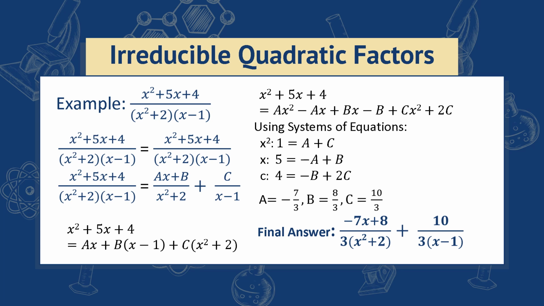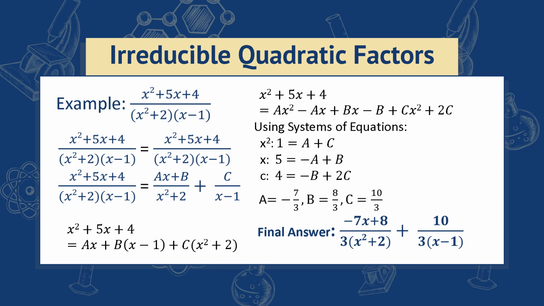But if you would multiply x squared plus 2 times x minus 1, you would see that the highest power in the denominator is actually 3. So this is for partial fraction decomposition. x squared plus 2 doesn't have any linear factors out of it, so we will have to use the quadratic factor as itself. So this is a combination now of case 1, which is linear factors, and case 3, which is irreducible quadratic